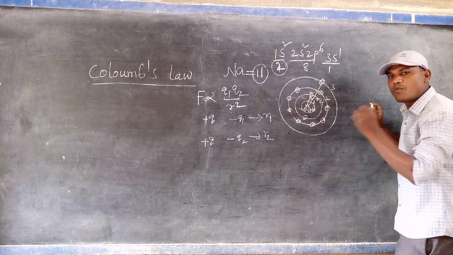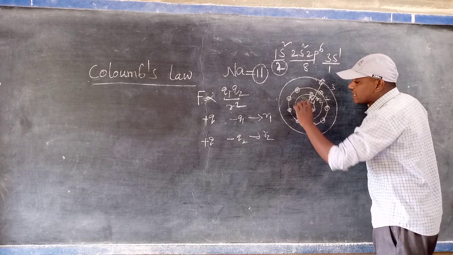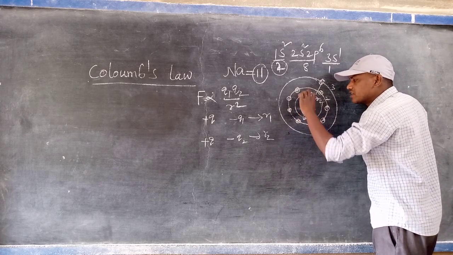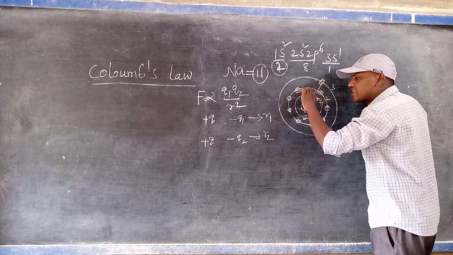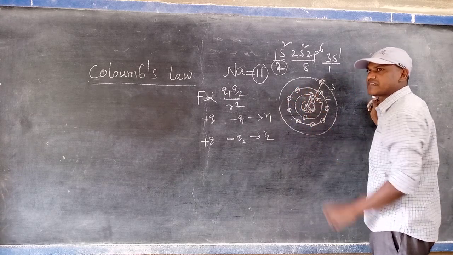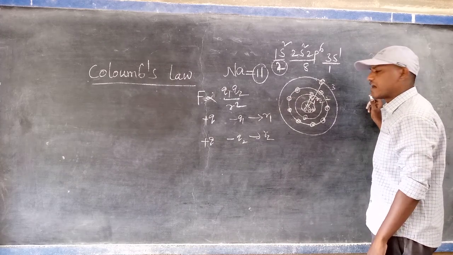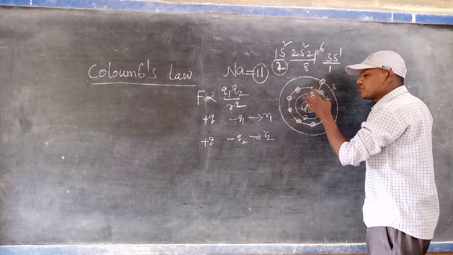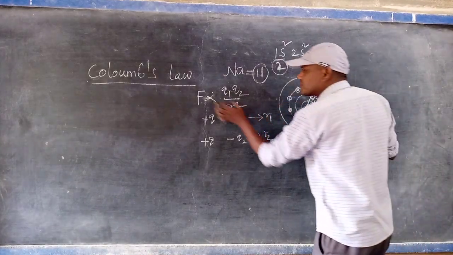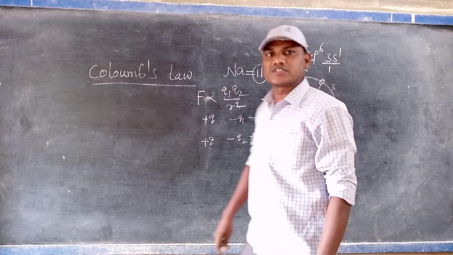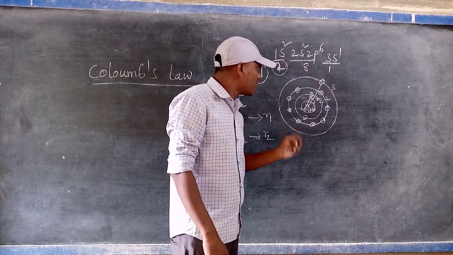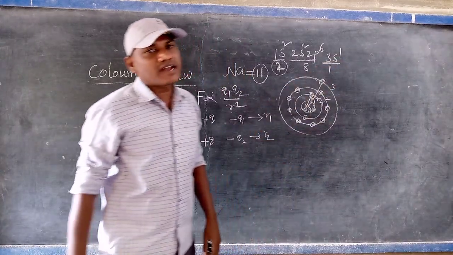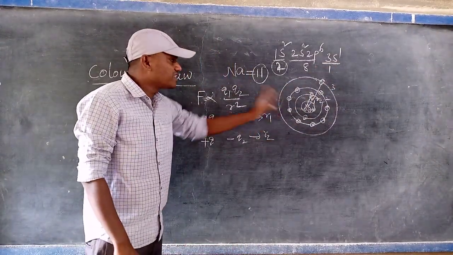So due to that, what you are understanding is that the distance between the electrons in the first orbit and the nucleus is less. Due to that, the electrons will be strongly attracted by the high electrostatic force. The electron present in the outermost orbit is at a greater distance from the nucleus. Due to that, less attraction force acts on it. That is, the electron present in the outermost orbit is loosely attracted by the nucleus.